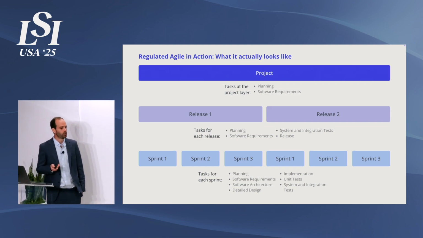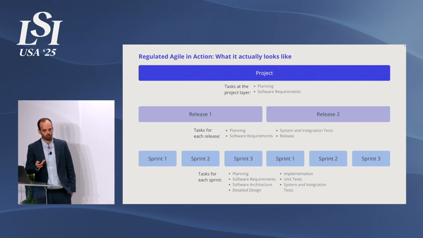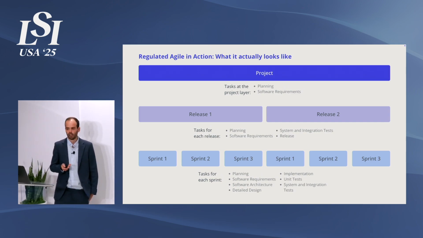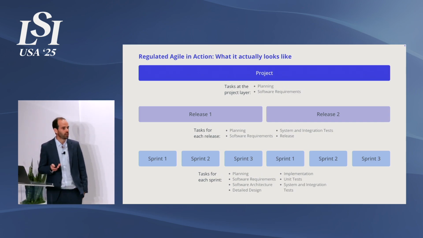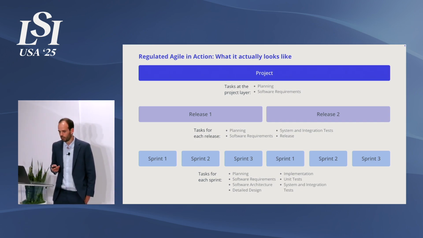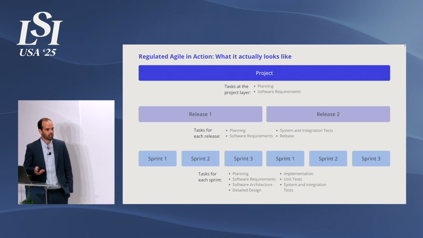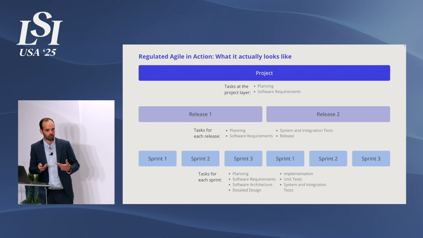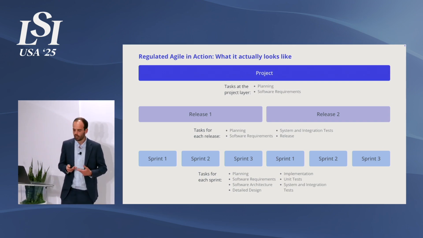Then each release is going to be a version of your software, and if you're regulated, it's going to require a submission, and it's going to be every major release for your project. Then the sprint is going to be like it's defined in Agile. It's going to be the smallest time frame where the team actually collaborates on generating a piece of software and the documentation that